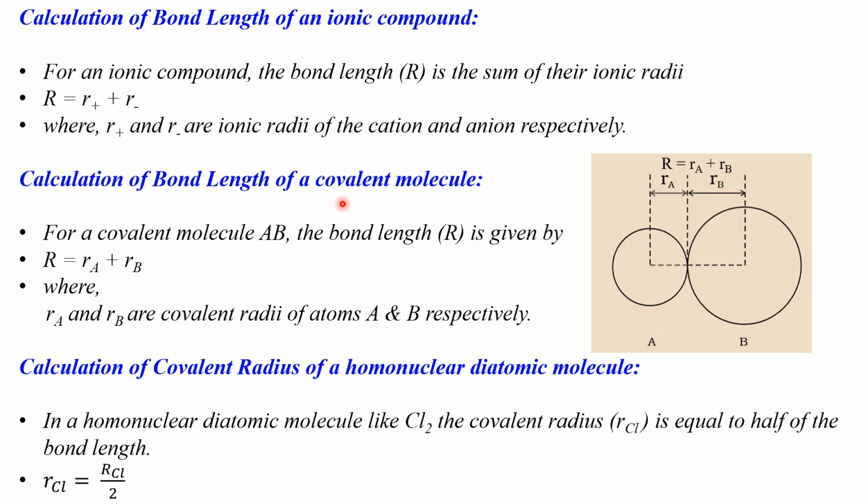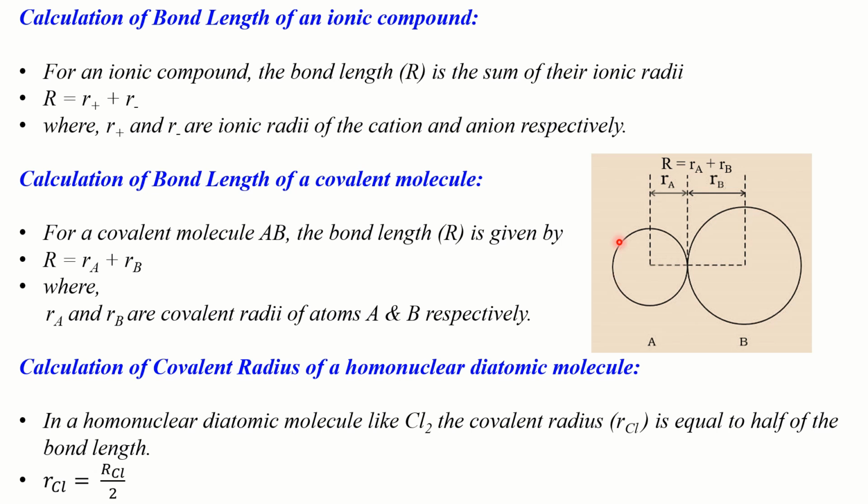Now let's calculate the bond length of a covalent molecule. Let's say there are two atoms, atom A and atom B. As you see, they are of different sizes and so atom A and atom B should be of different elements. When they join together, imagine that they are forming a covalent bond. And when they do so, distance between the nuclei of atom A and B should be the bond length. Now the bond length R of a covalent molecule AB is mathematically expressed as the sum of the radius of atom A and the radius of atom B. That is capital R equal to RA plus RB.